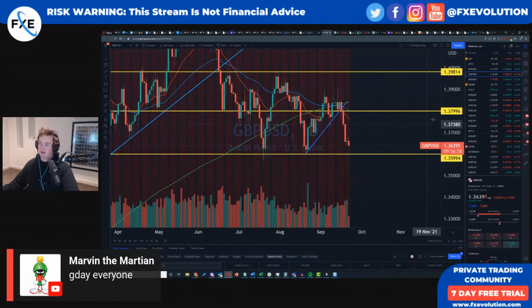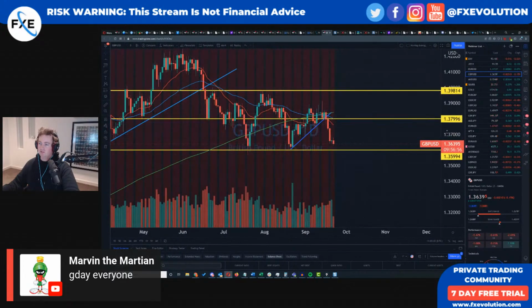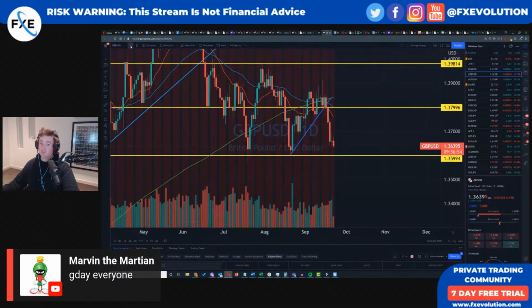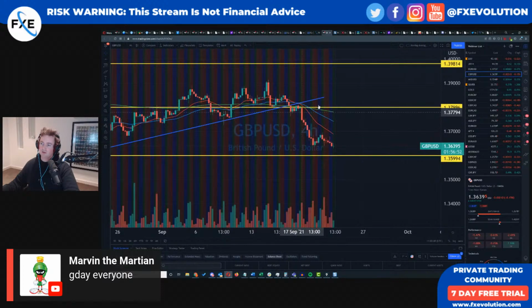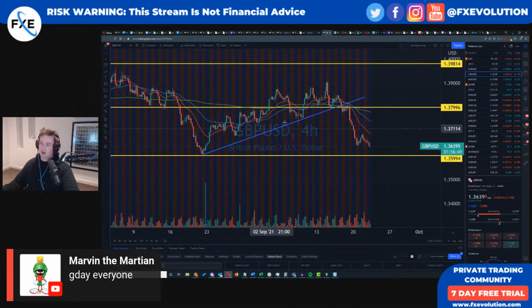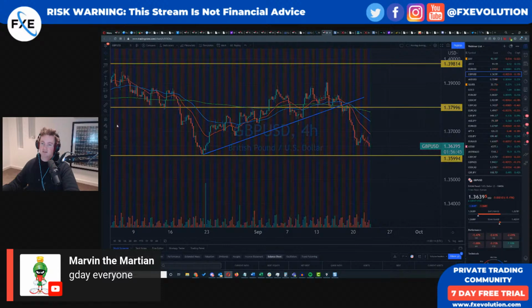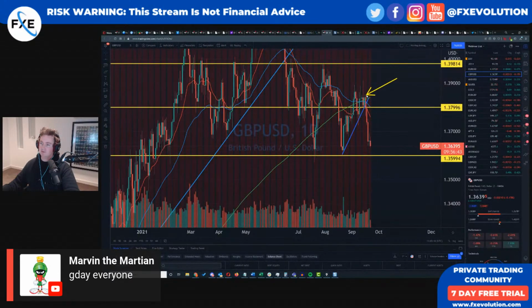Now, where things get a little bit more interesting in the currency world is when we start looking at things like the pound, because did anyone get a pound short last week? I would hope a few people were able to recognize the short opportunity and specifically take that daily down. Did anyone get this one? Anyone get the pound short? Let's find out.